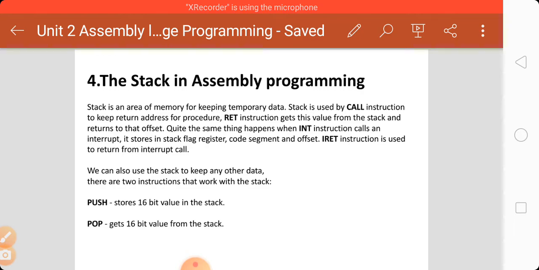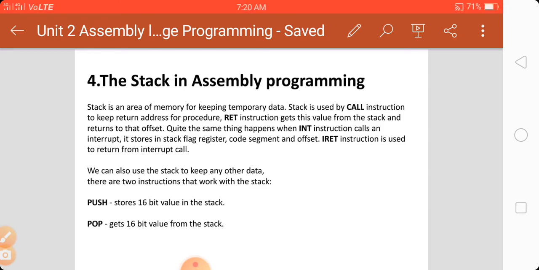As we already know, the stack is a data structure concept we also use in assembly language programming. The 8086 processor uses it to store data. In the stack, there is one important variable, the top, and every operation is performed using this top variable. We perform two operations, push and pop.